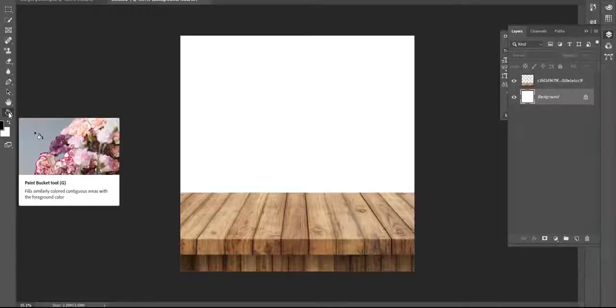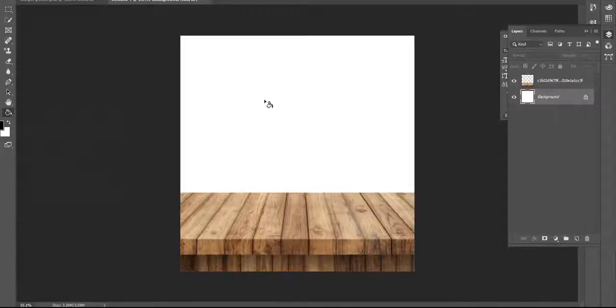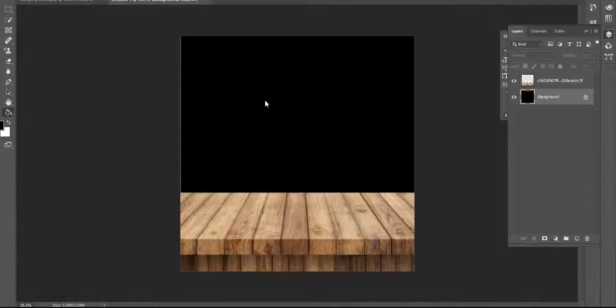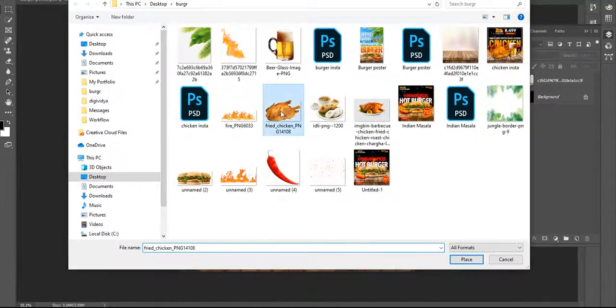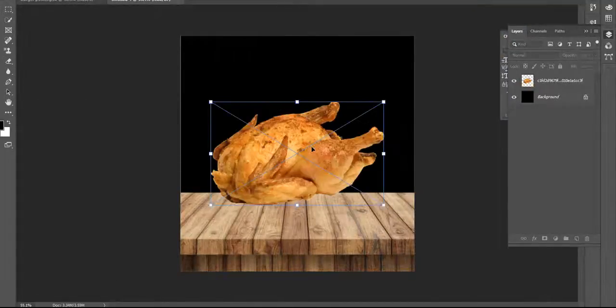So what it does, this paint bucket fills a similar color area with the foreground color. So here I just click, look, and make sure you have to select the background layer, right? Okay, that's cool. Then I want to import some images, so I use the same format. I go to file, place and embed, and I need, yes,